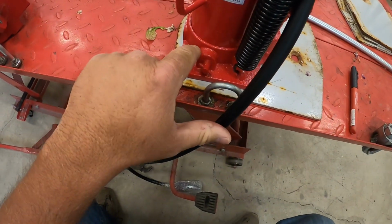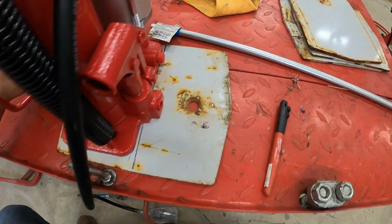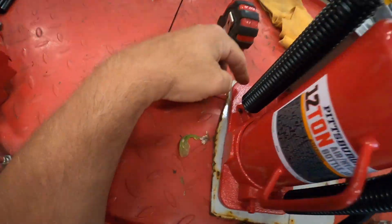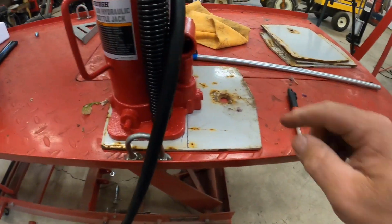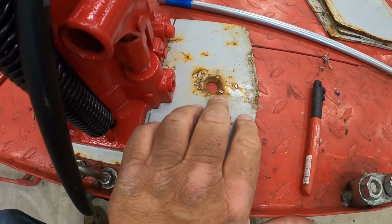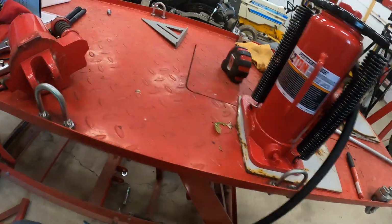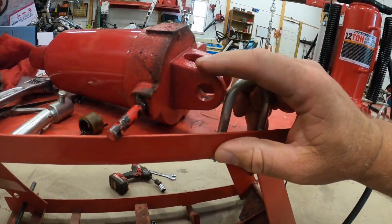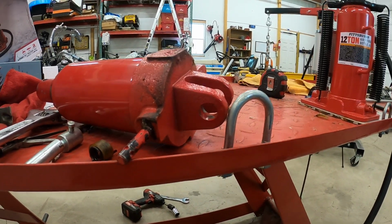And I'm going to drill a couple holes right here, right here, right here, and right here, and just bolt it through. And then I'm going to use this side where that hole's at right there. I need to drill that out to a 5/8. And I'm going to try to mock this design right here. And hopefully I can get it to where